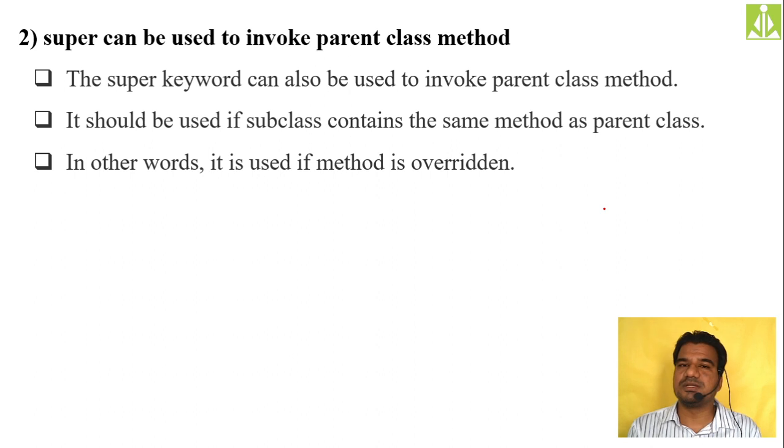Something like data members: when you are giving the name of the data member, which data member should it refer, the child class or the parent class? As the child class color is near to it, it will always refer to the child class color only. Here also the same thing: as the child class method is near, it will always refer to the child class method only. So in order to call the parent class overridden method, we have to use the super keyword there also.